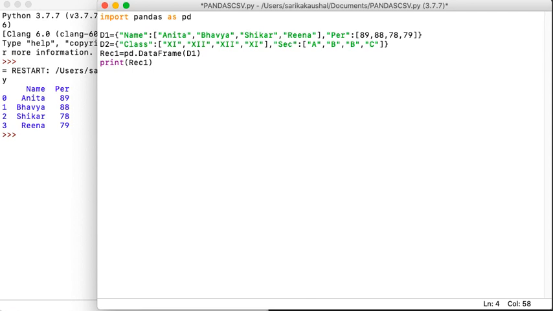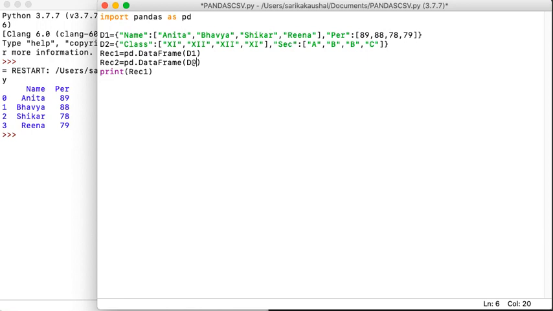Now the thing is that these children have got this percentage and they are in the respective sections, but they are stored as two data frames. So I just copy this part, and let it be the second record, and this becomes d2. The first data frame contains two kinds of information about the children of particular classes. Similarly, the second data frame contains two different kinds of information about the same students, but since they're stored in a different place, we now need to join them.